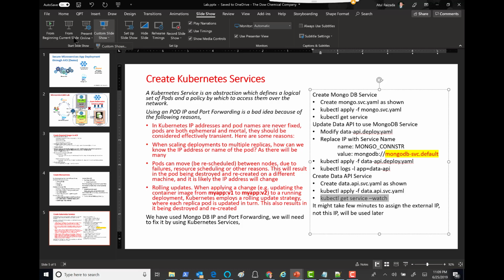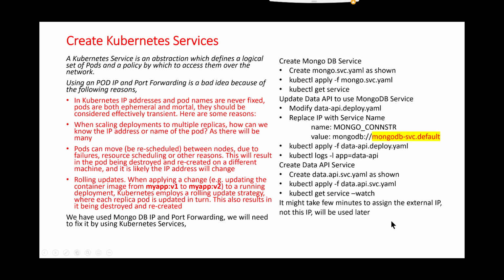Right. And then we would also do the same thing for the data API service. We will create a data API service YAML file, apply it, and watch the service. Now there is a difference between these two services, which we're going to see in the YAML file. Once we initiate this service, it would create an external IP, a load balancer IP, which takes a few minutes to show up, sometimes 5 to 10 minutes. We need to watch this, and we need to note this IP, because we will be using it with the front end